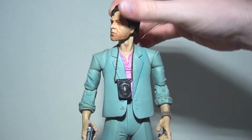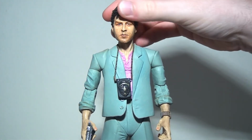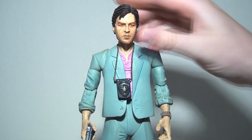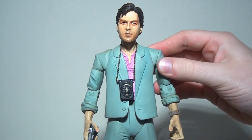Now the articulation is a bit of a mixed bag here. In terms of the head, it does have a ball-jointed head joint there, so this is fantastic. Look at the range of motion you get out of this. Yes, it can look up and down a really good distance. It can spin around 360 degrees. Brilliant, absolutely wonderful stuff. Now he has the same shoulders that Mezco used for the Reservoir Dogs figures, and I